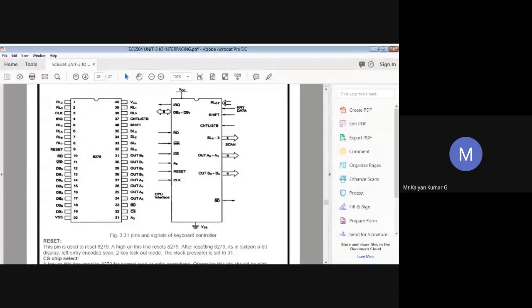Apart from this, the return lines also serve as an 8-bit input in case of strobed input mode. There are different modes available. Once we see the architecture, we can clearly understand what modes are available here and the function of each and every mode.